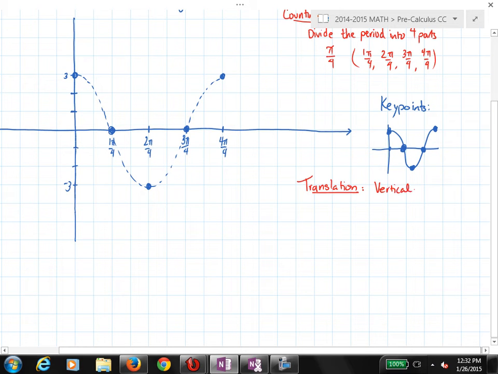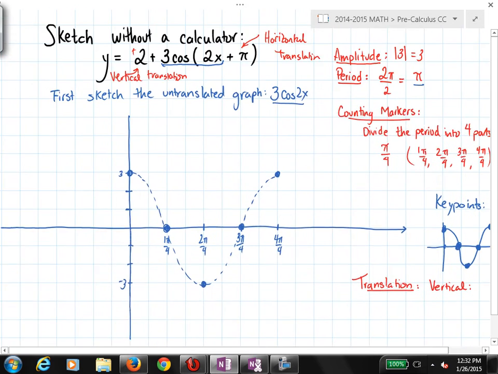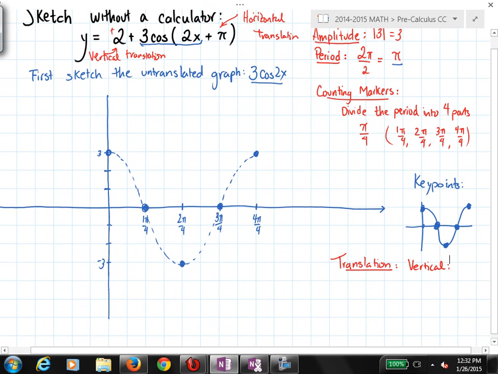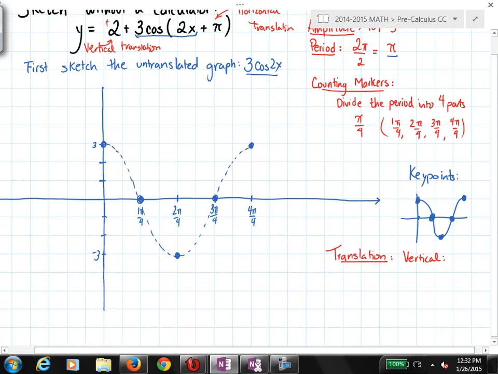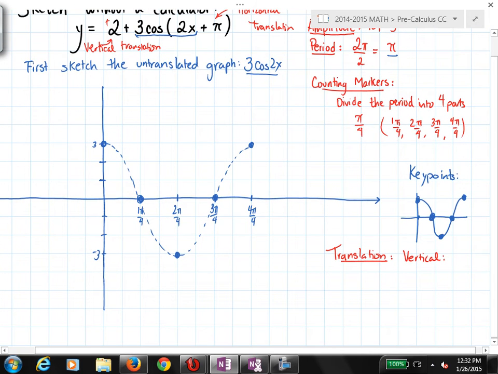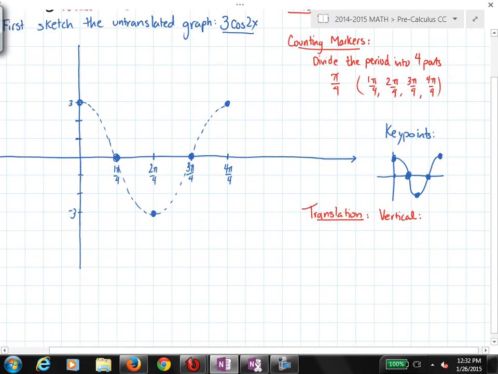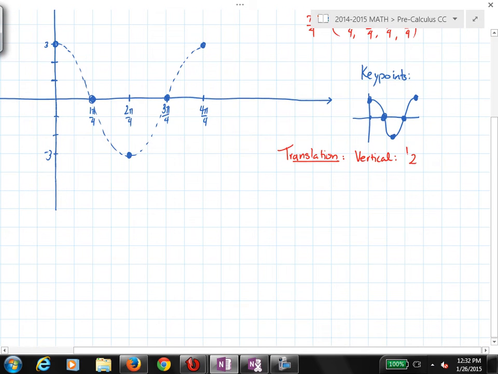We knew that there was a vertical translation of how many units? 2, right? Because that's this one over here, the 2 plus, and it is positive. So what does positive mean? If it's vertical, up or down? Up. So I'm going to go 2 units up. Now the horizontal one,